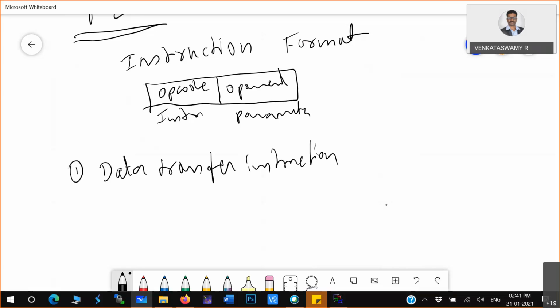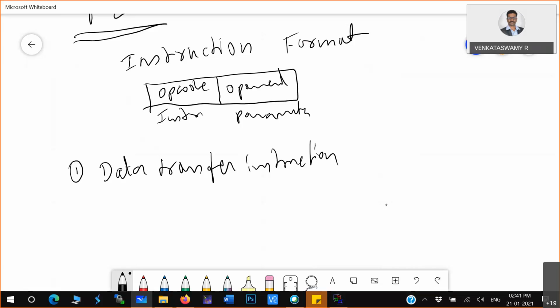That means RAM to ROM, ROM to RAM, RAM to IO device, IO device to RAM. You do movement of data inside a microcontroller, and for that some instructions are there. All those instructions will come under data transfer instructions.